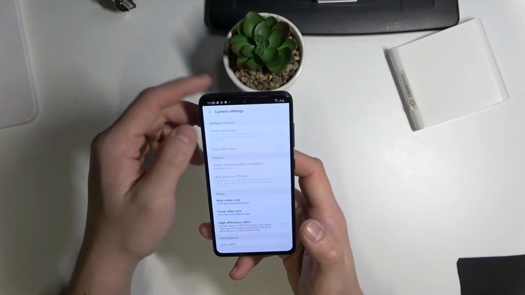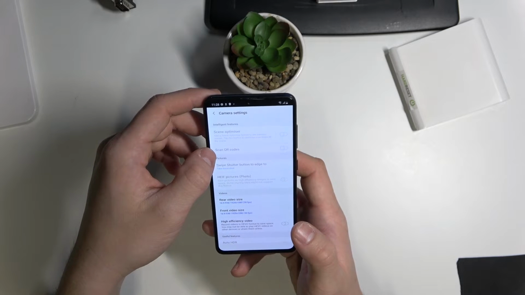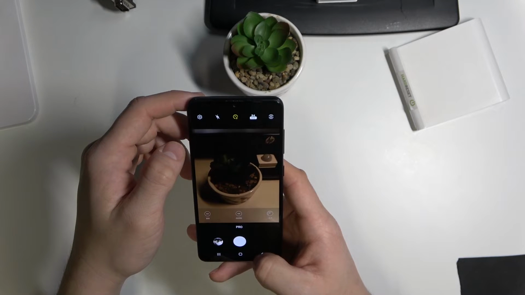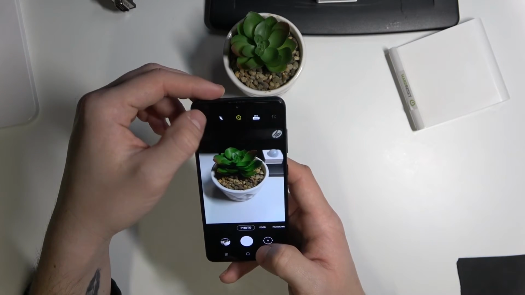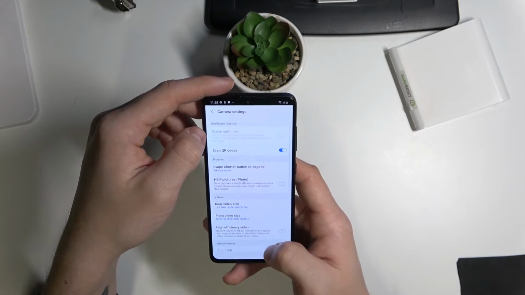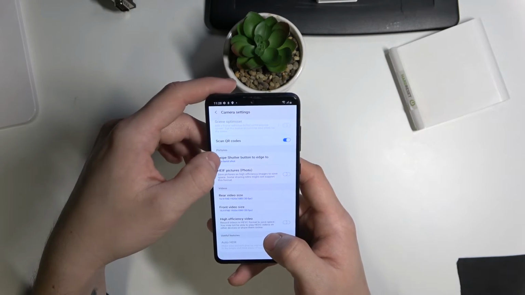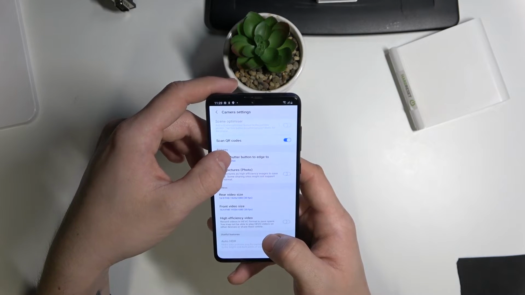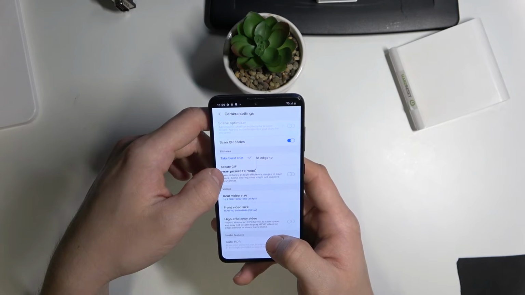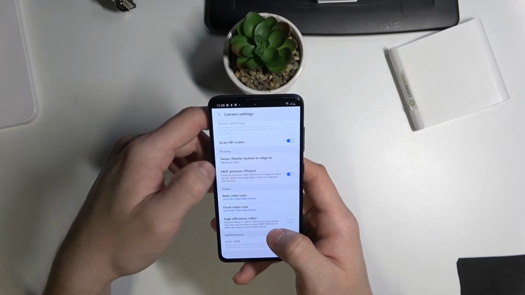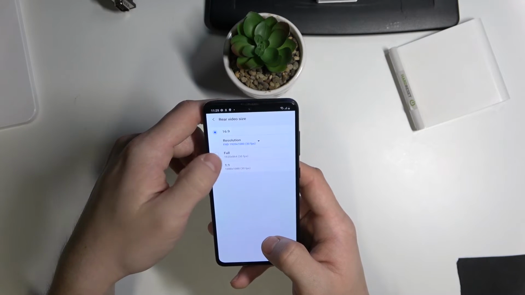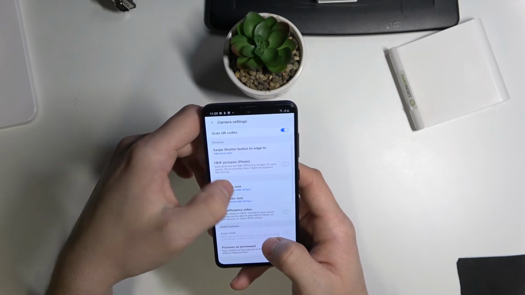And in settings we can enable or disable scene optimizer, QR code scan. Maybe let's go to the photo mode and now to the settings, because now we've got access to more settings, like swipe shutter button to Edge 2, and from here we can select to take burst shots and create GIF. Also we can enable or disable hide pictures, change video size and resolution,